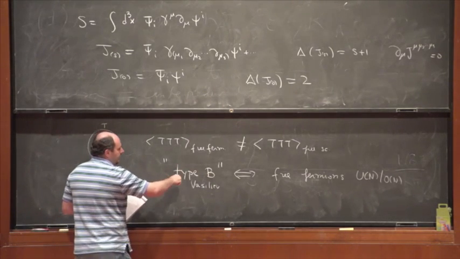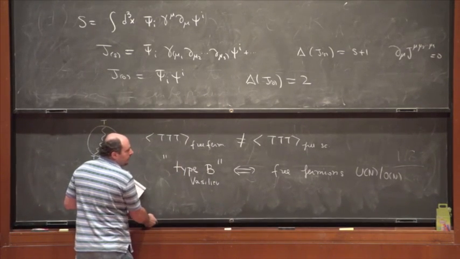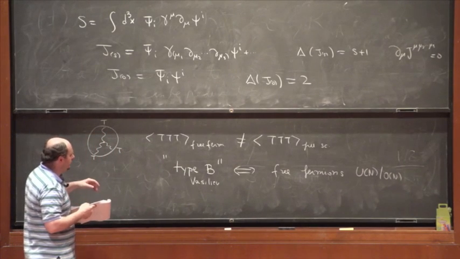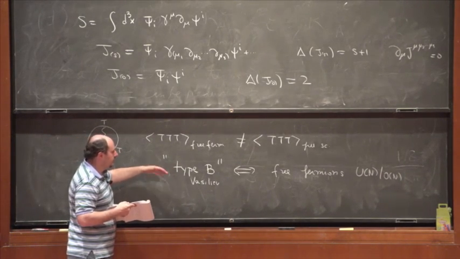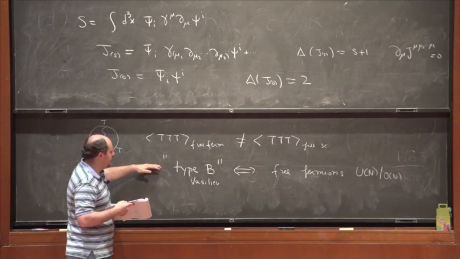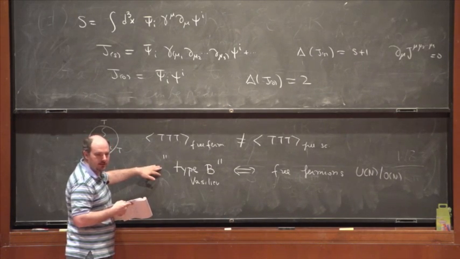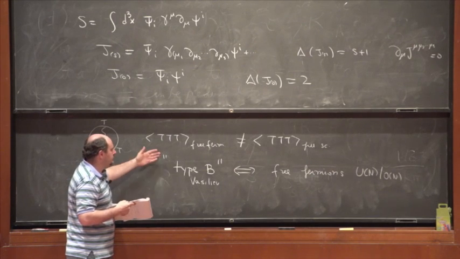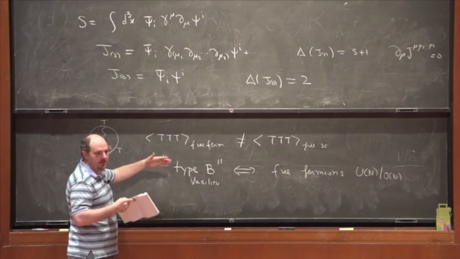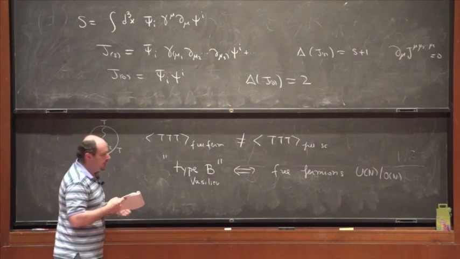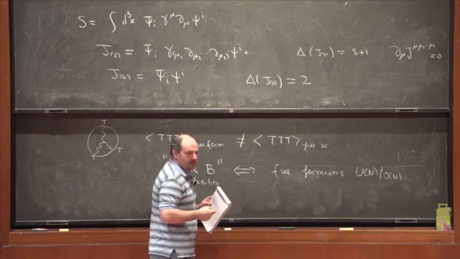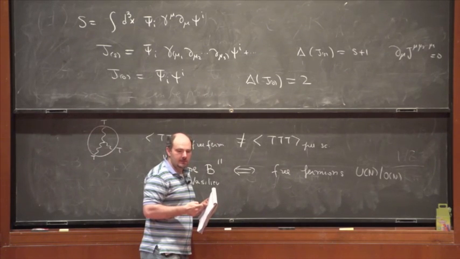While the conjecture that type A is dual to free scalars was made by Klebanov and Polyakov, this extension of that conjecture was made first by Sezgin and Sundell, and Leigh and Petkou, who realized that there is this type B version of Vasiliev theory, and it has precisely the right structure to be dual to this. Okay? So here I wrote free, but as we discussed yesterday, you can also imagine that we can consider an